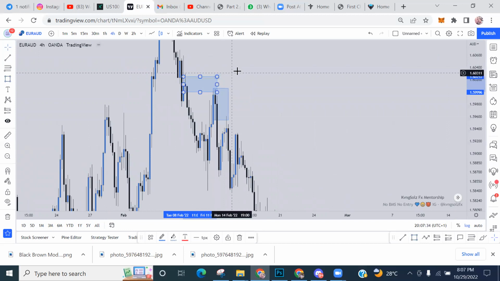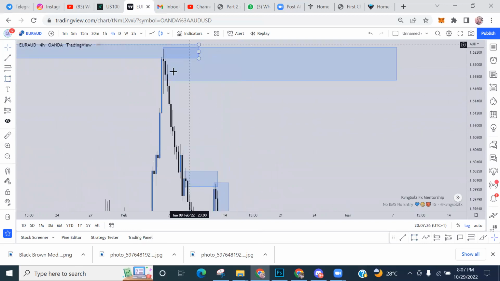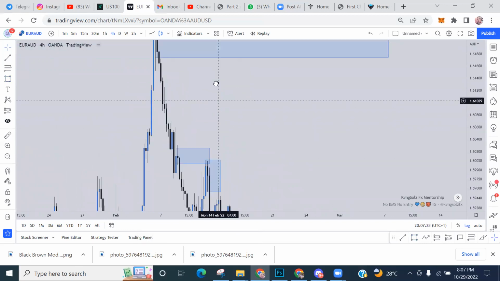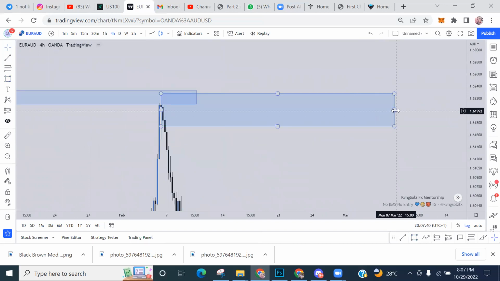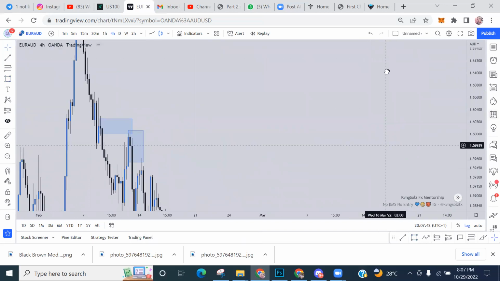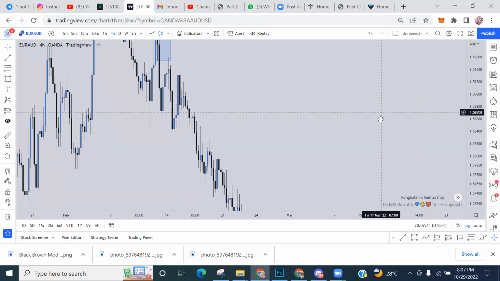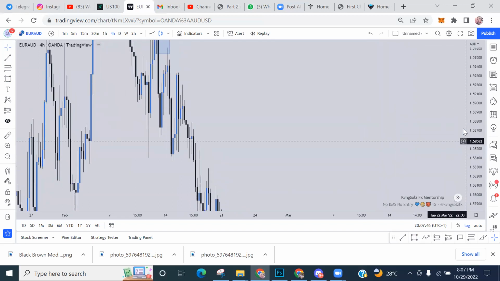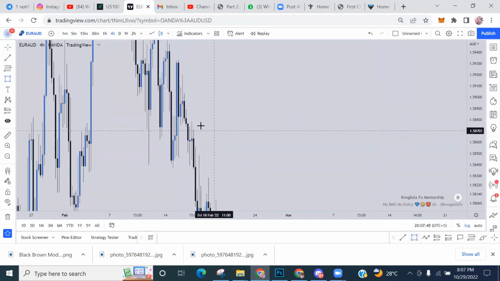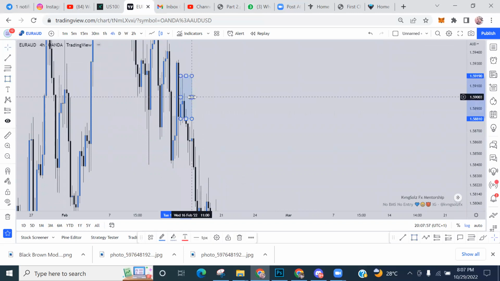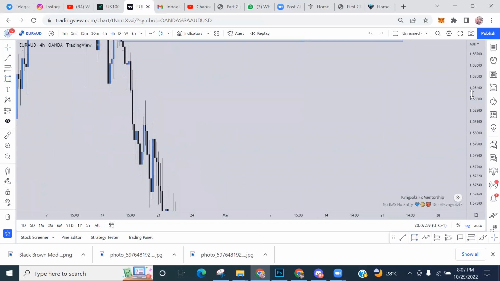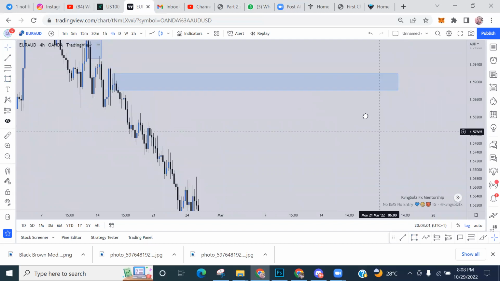Okay. So I'm just looking for, so this one here is the only one for now that I've seen. Is the only unmitigated supply. Let me see. So now I have this guy here. This guy is unmitigated. Oh, price has come into this one. Okay, let me mark this candle. So now I'm having this one alone. All right. What else?